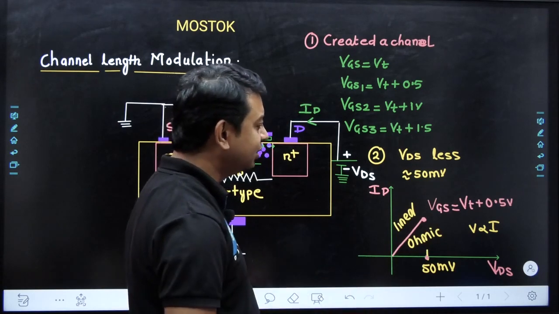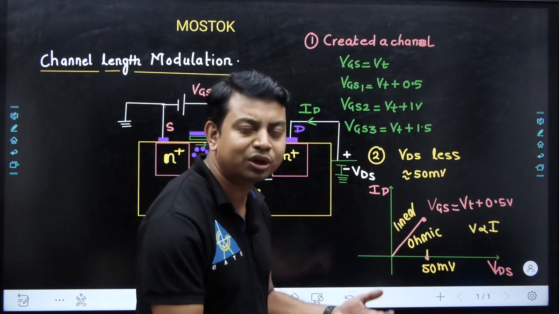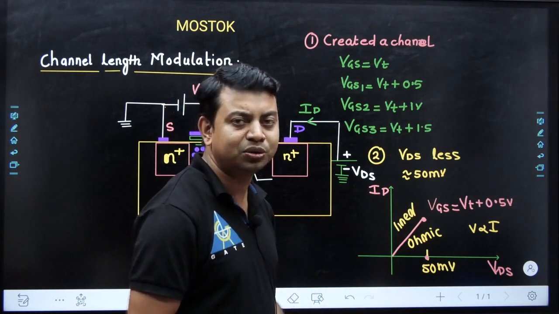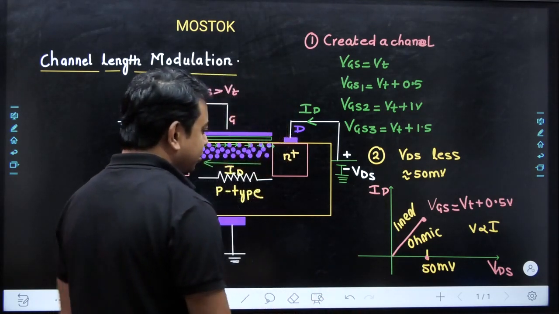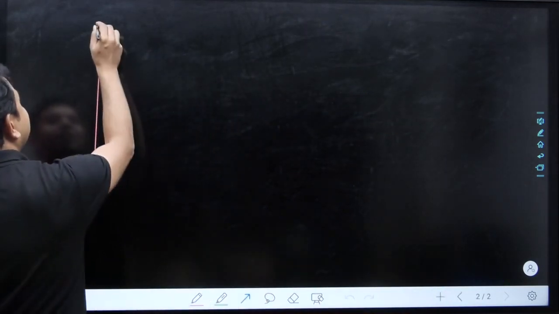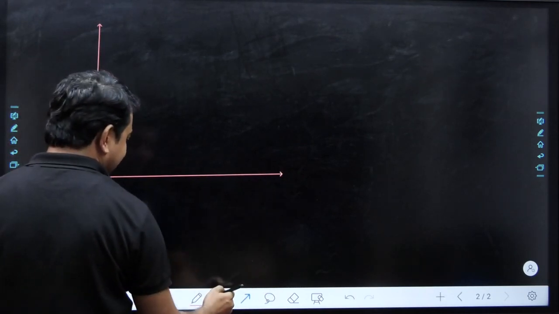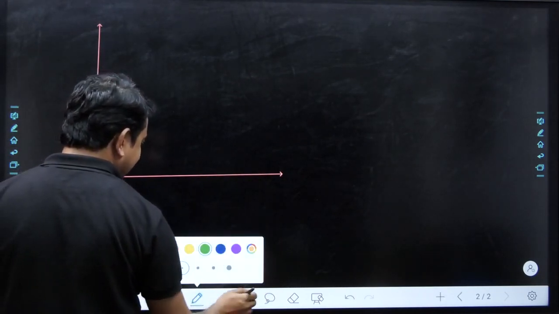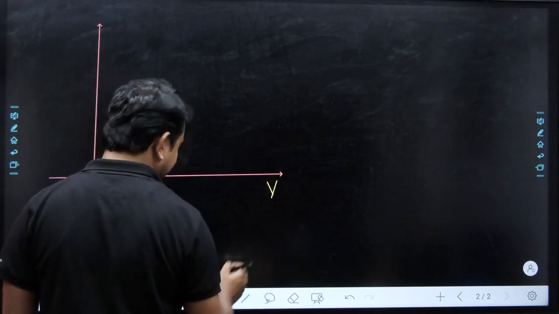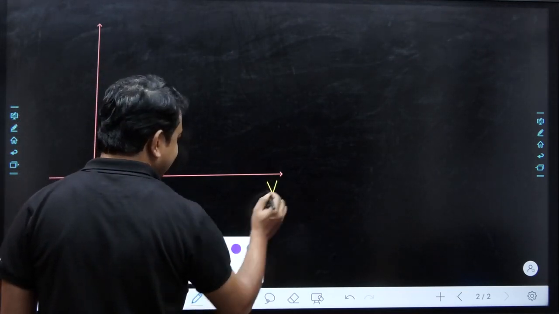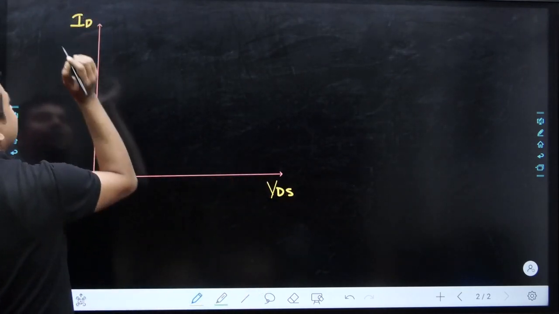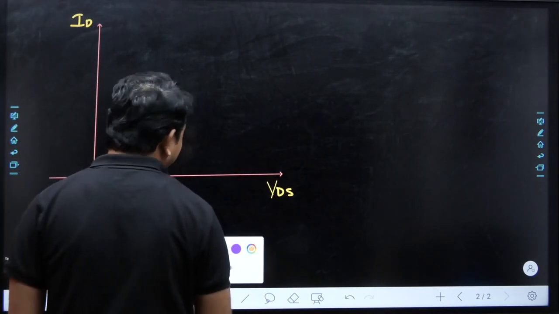Suppose we increase the gate to source voltage, we get more magnitude of current, but in that case also it is an ohmic region. So I will draw this characteristic also. Suppose we have a similar characteristic, and I am drawing it at other values. Again this is VDS and this is the ID current, and I want to see what is happening at different voltage values.